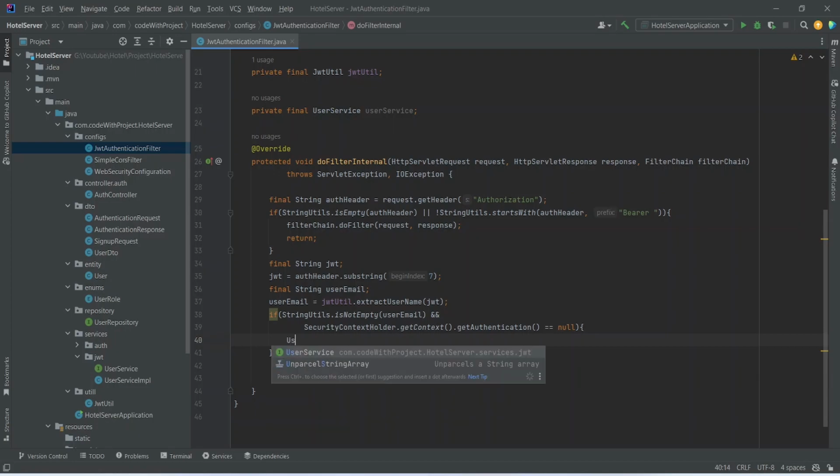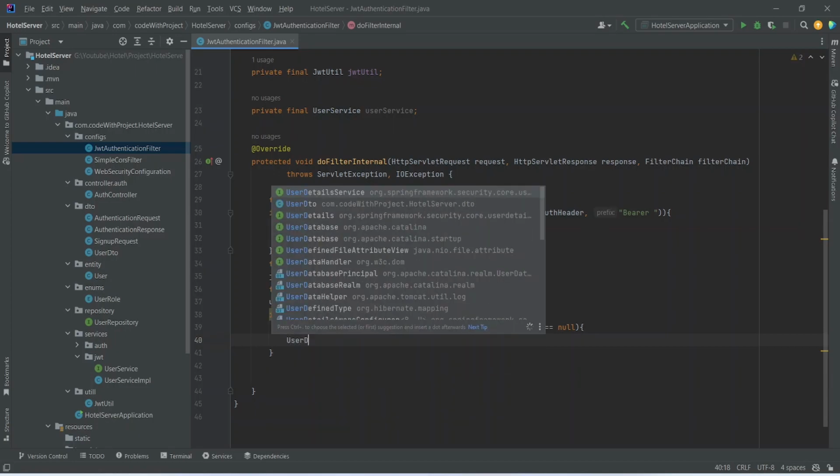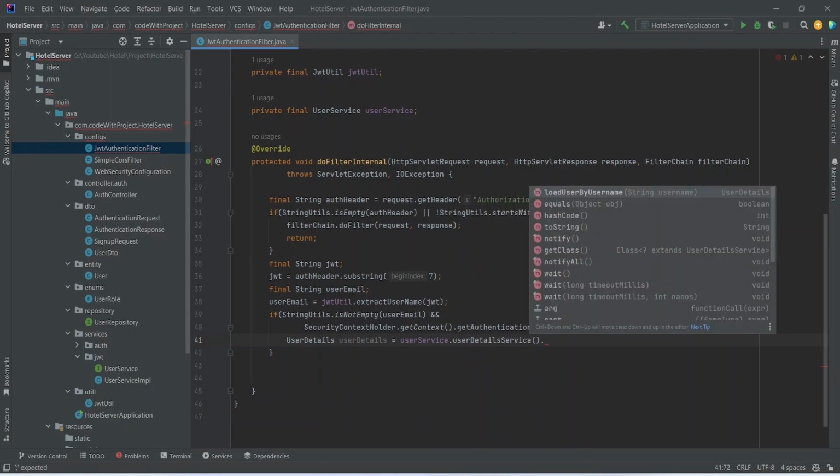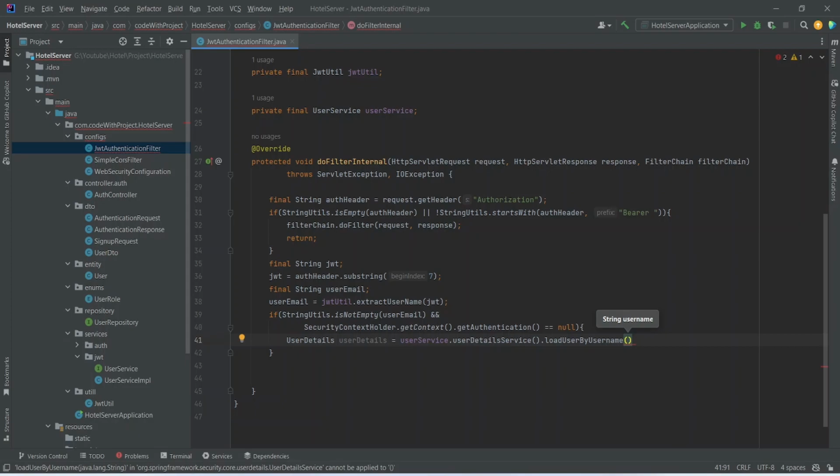And after this, we will create the object of UserDetails and we will import it from core.userdetails. And after this we will name this as userDetails, and to set the value in it we will use our user service and we will call userDetailsService.loadUserByUsername. And in the params of this method we need to pass the username, so let's pass the user email,